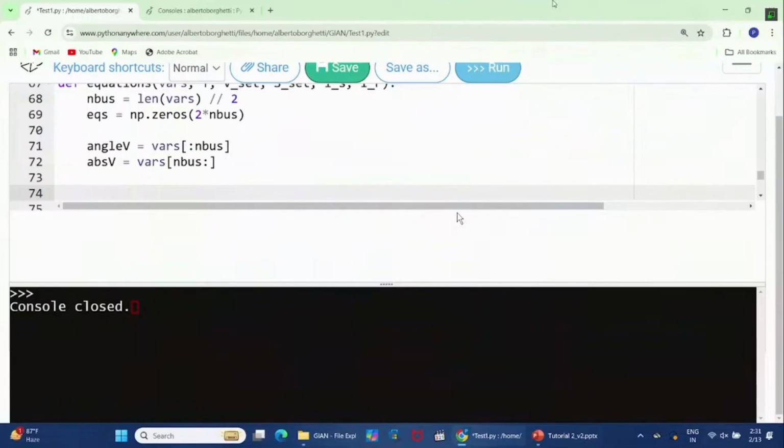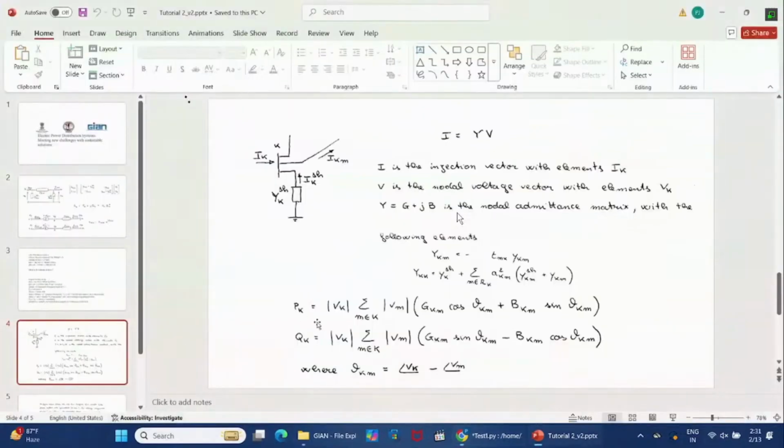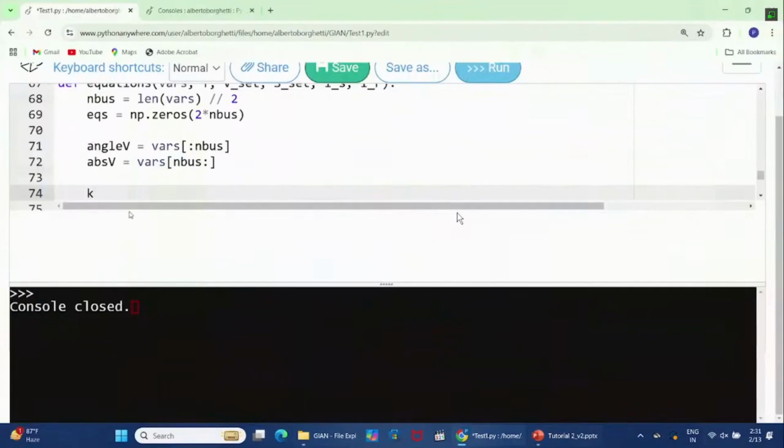So we write all the equations looking just at the receiving bus, because we know everything for the receiving bus, and we need to calculate in the sending bus. So we can say the node here is written in K, so I will say K is equal to the index of the receiving bus. So IR